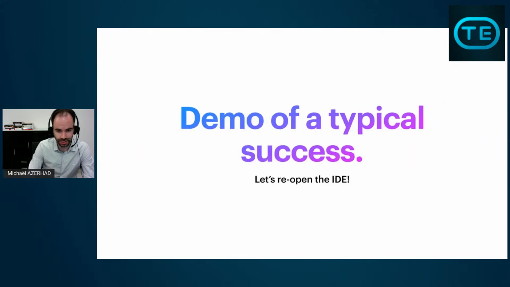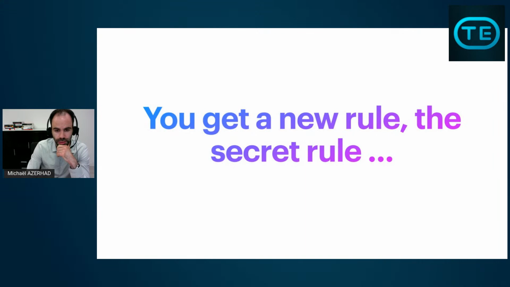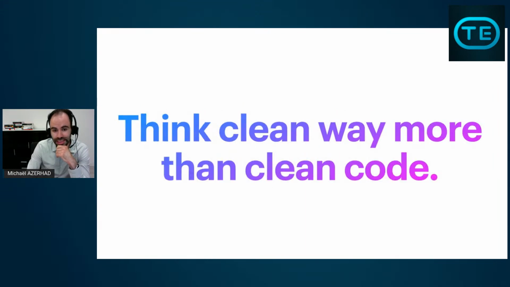So in this slide, I showed the solution. You get a new rule, a secret rule. Everyone thinks about clean code, but it's not the main part. The main part is in a clean way. Choose the right path. Because you can end up with clean code, but if you suffer, what is the goal? You don't want to suffer. You want to have a clean way, and the TPP is a clean way to allow you to evolve naturally in TDD